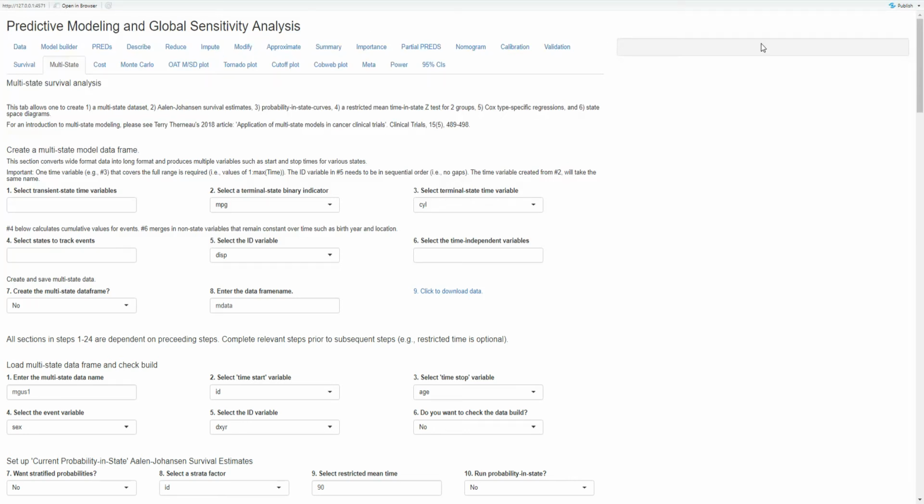This section of my Shiny app is for multi-state modeling, and that is an extension of the Cox proportional hazard model in which we are not only looking at the beginning state and the final outcome, we're also looking at the intermediate steps that are also very informative to that survival process. So we'll begin with